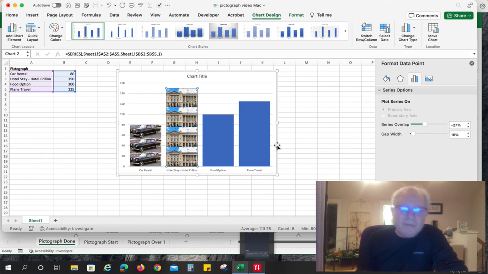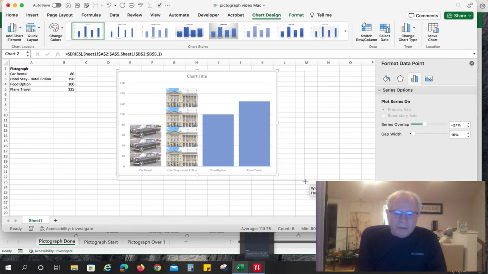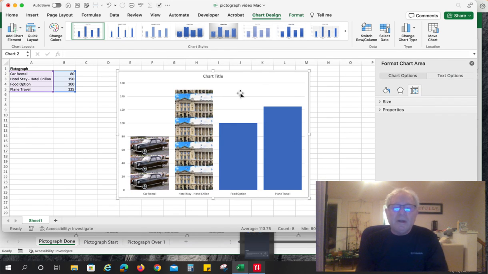So all the other steps are exactly the same as what I showed you using Excel for Windows, except for the steps to actually insert the images. So I hope that helps you use the Excel charting feature